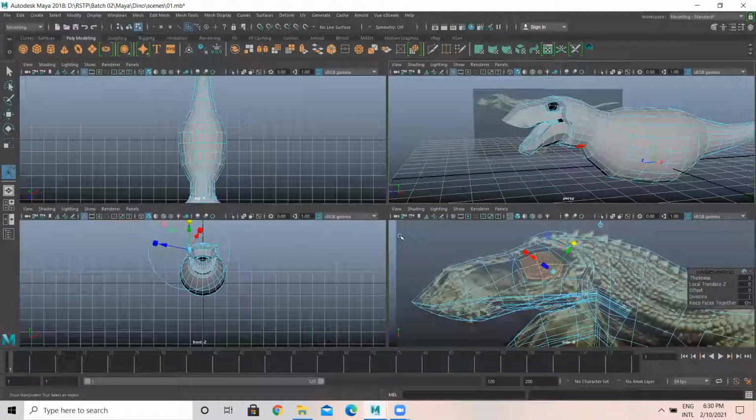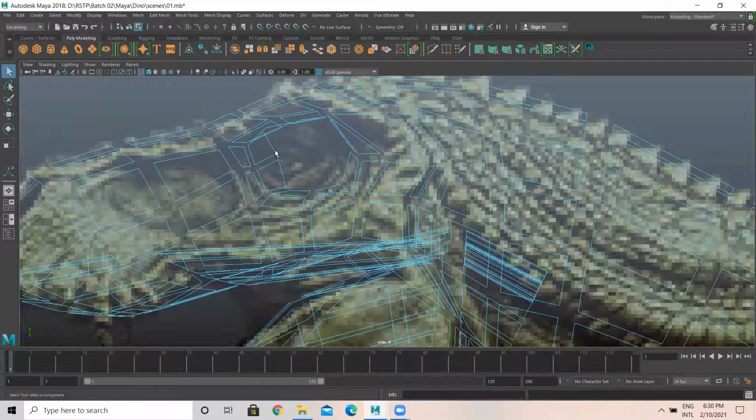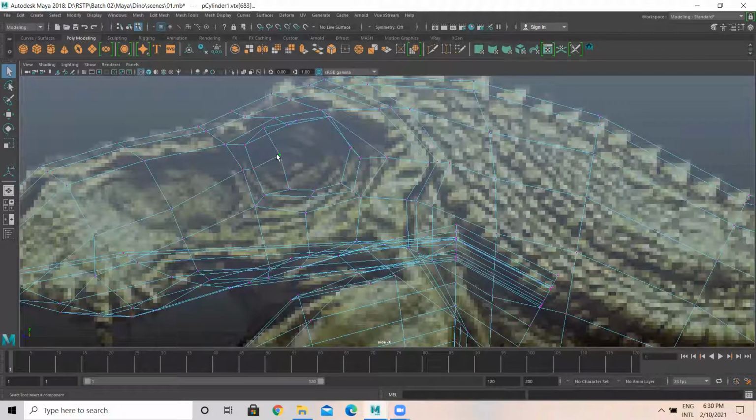Okay, then I'll come over here, go to vertex, it's like this, like this. So just place it like this in a curvy shape.